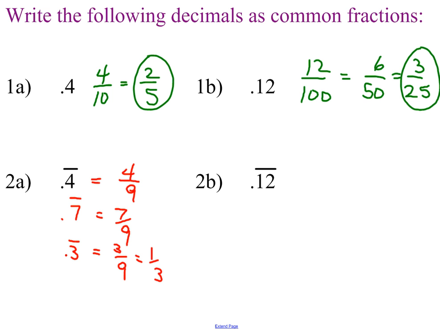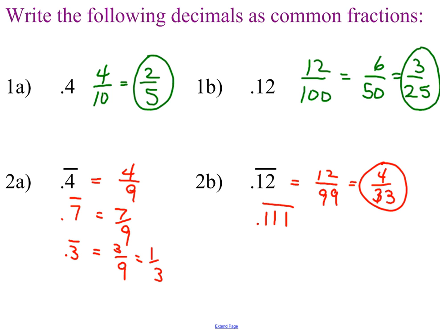If there's more than one number repeating, just like you might think, it's 12/99, and reduce that. So divide by 3, divide by 3. Okay. And if there's more,